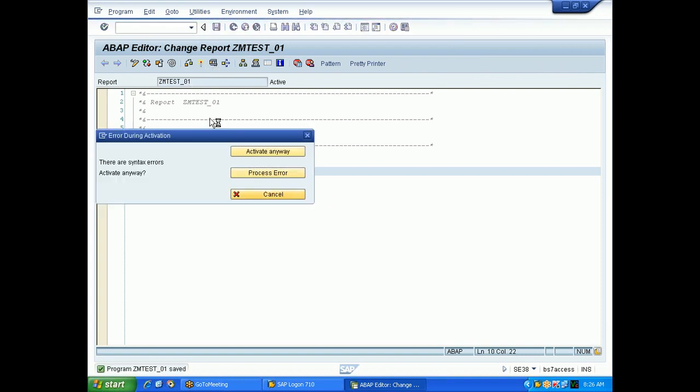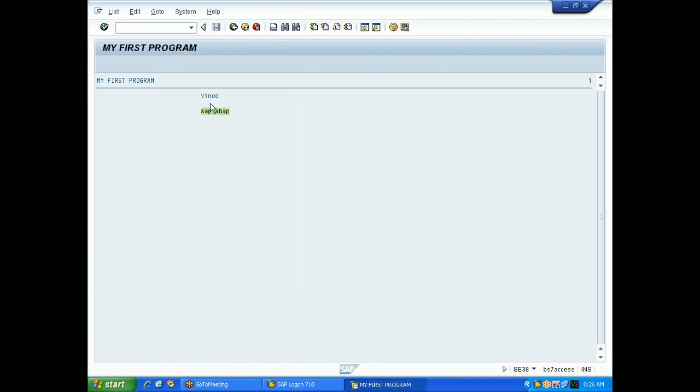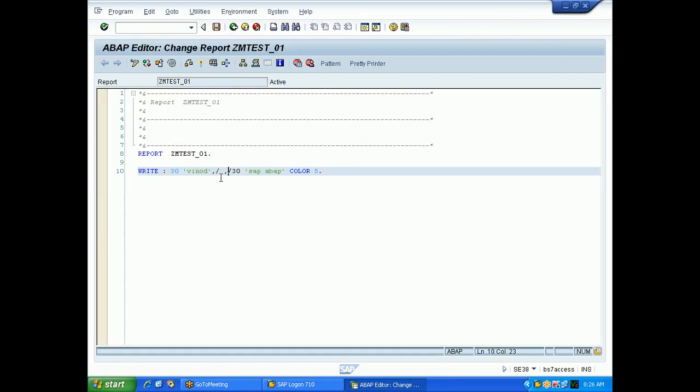But this is not a correct way. Actually, this is some syntactic error. You need to put a slash, comma, again slash, then it will come. But the actual syntax to do this is a skip statement. Whatever you said is also correct, but instead of doing this, you can use a skip command. For example, instead of slash, I will say skip.